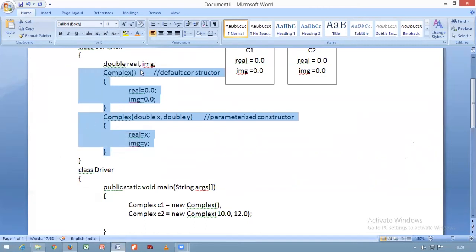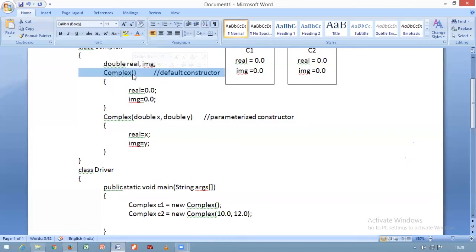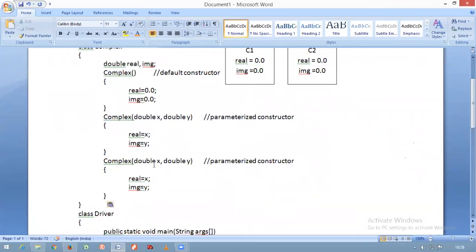Here, how many arguments are there? In the first constructor, how many arguments are there? Okay, here the signature is 0 arguments. Here the signature is 2 arguments of double type. Okay, both are having different signatures. So it's a constructor overloading. Whereas this cannot be a constructor overloading. Let us say A comma B. You cannot claim this as a constructor overloading.